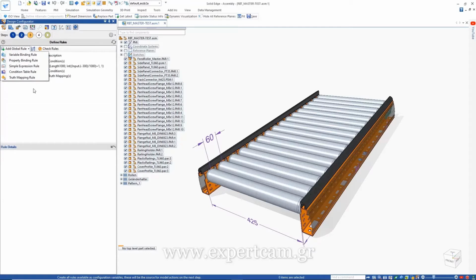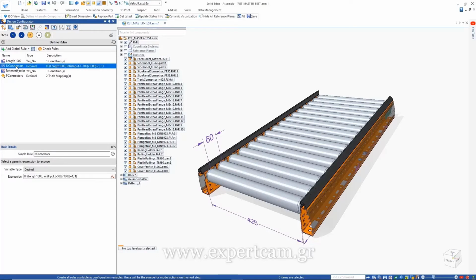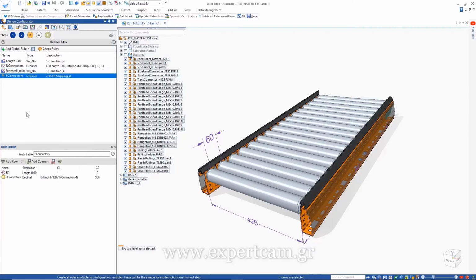Defining rules is the next step of the process. There are a variety to choose from, ranging from variable binding to simple expression and truth mapping rules. Here we have multiple rules to drive and configure the connectors at the bottom of the conveyor. In this example, we have simple conditional and expression rules to take the length of the conveyor and determine the